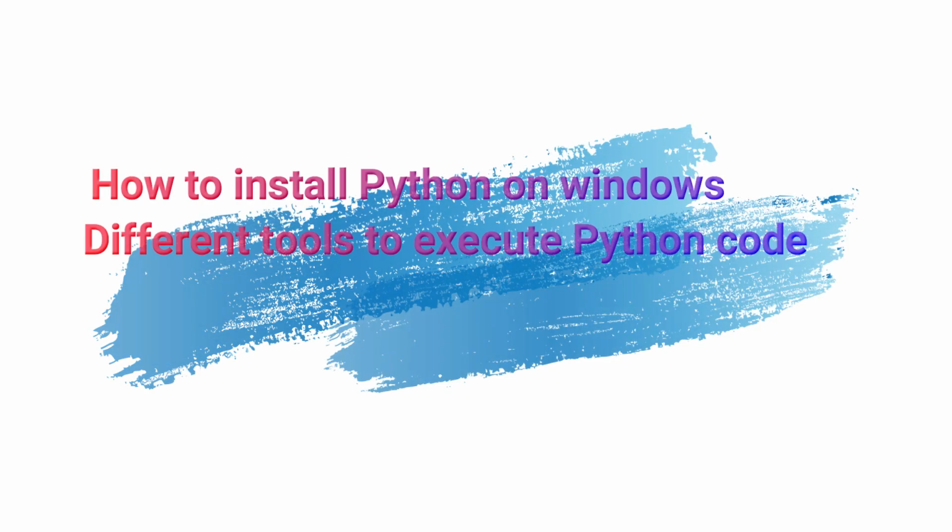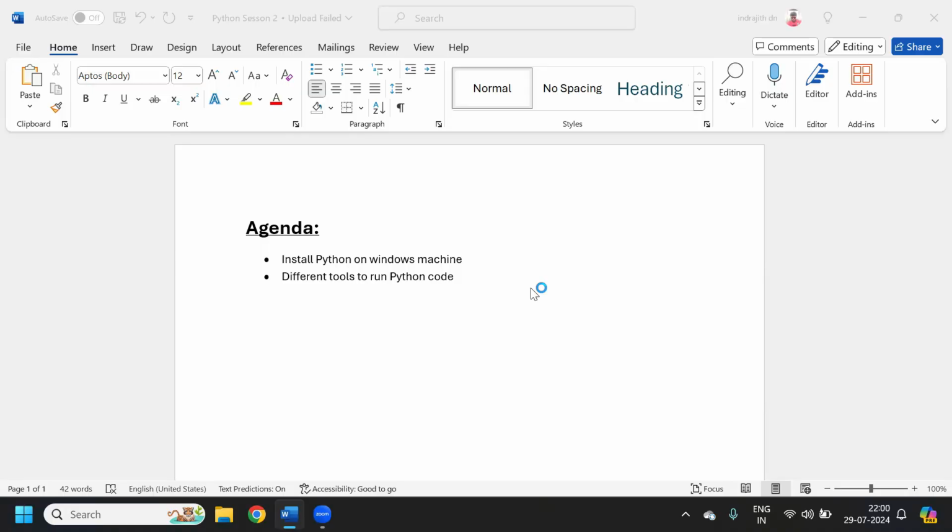Hey, hi guys. So in this session, we are going to see how to install Python on a Windows machine. And second, we are going to see different ways, or different tools, to run Python code. So these two points we are going to see in this session. If we are talking about different tools or different ways to write and execute Python code,